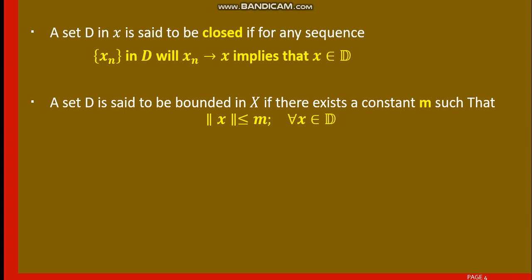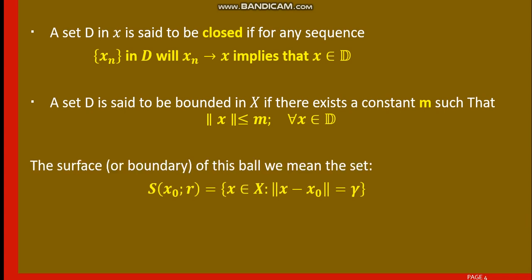So that's it. When you say that D is bounded, there should exist some M such that norm of x is less than or equal to M for all x belongs to that set. Again, what you have here is the surface. What is the surface or boundary? This is actually norm of x minus x naught equal to r. Okay,